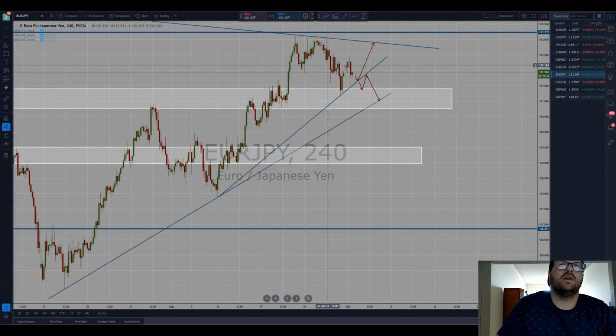EJ is up next. As you can see, EJ has just kind of been consolidating in this area. We did get a retest of the zone last week on Friday, and since it opened yesterday, not a lot of movement. We did get this bearish engulfing candle, but not a lot of significant movement since yesterday. Would not be surprised to see a retest of the zone or of this mild trend line that's drawn,